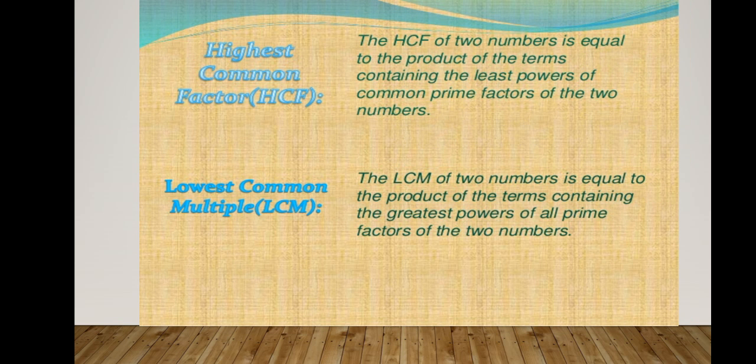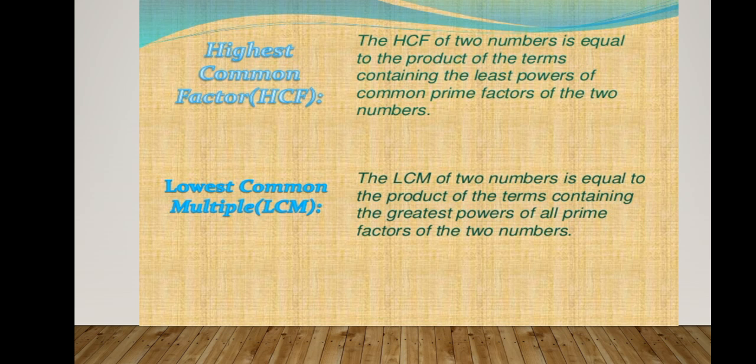Now, highest common factor, HCF. The HCF of two numbers is equal to the product of the terms containing the least power of common prime factors of the two numbers. While the lowest common multiple, LCM, of two numbers is equal to the product of the terms containing the greatest power of all prime factors of the two numbers. Hence, HCF, which means highest common factor, uses the least power, while LCM, lowest common multiple, uses the greatest power